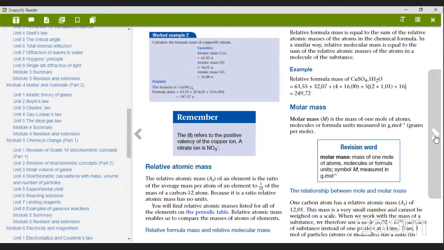So one carbon atom has a relative mass of 12.01. The mass is very small and cannot be weighed. We spoke about that they are so small that therefore we work with a mole of a substance instead of one particle at a time. Imagine how long that would take to even calculate, if that is even possible. Thus, one mole of particles, atoms or molecules, has a mass in grams. Our mass is in grams, and